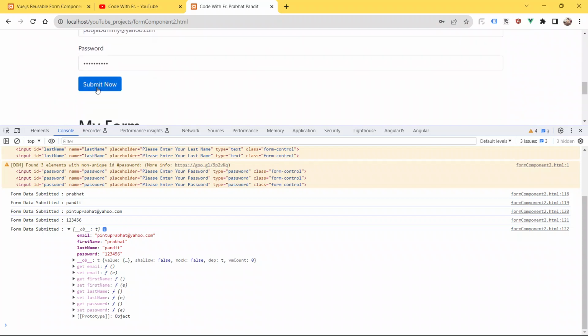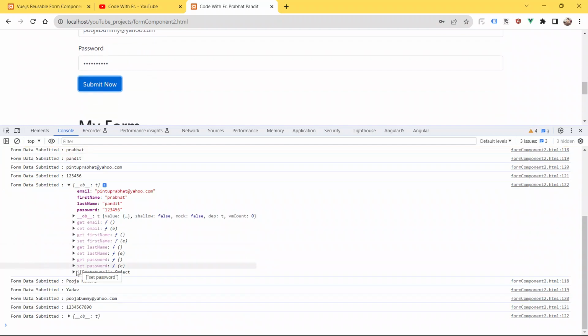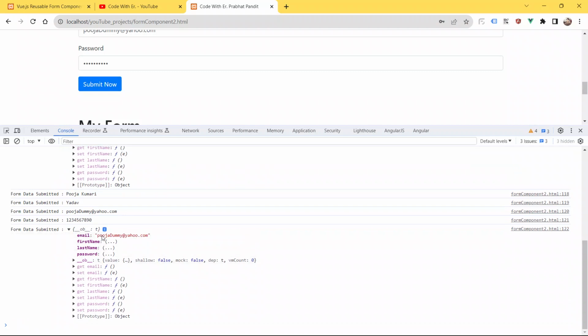So hit the button submit now. See, boom guys, we got our data here. Form data submitted. First name is Pooja Kumari, last name is Yadav, and email address is pooja@yahoo.com. Password is 12345678910, and open this also. You can see here email is pooja@yahoo.com. First name is Pooja Kumari, last name is Yadav, and password is 12345678910.